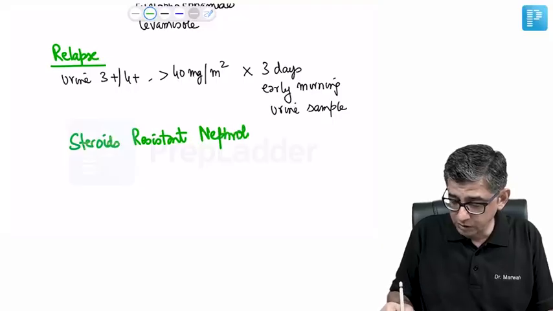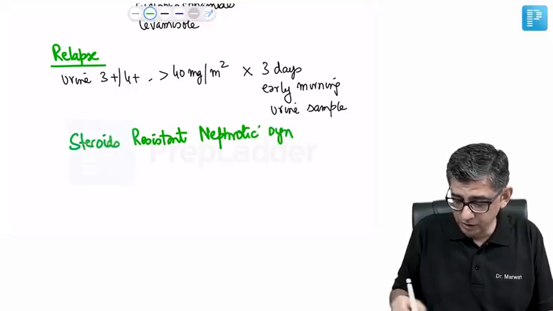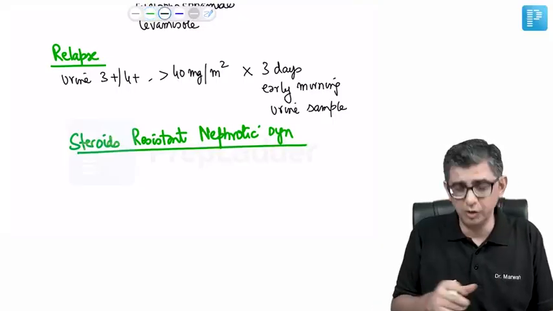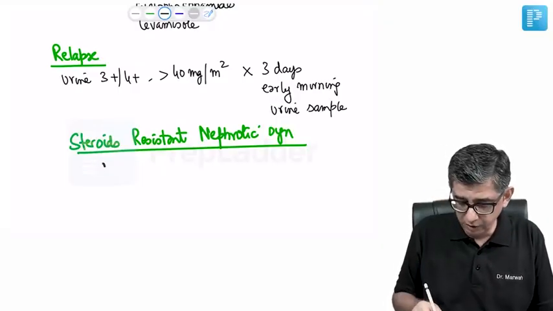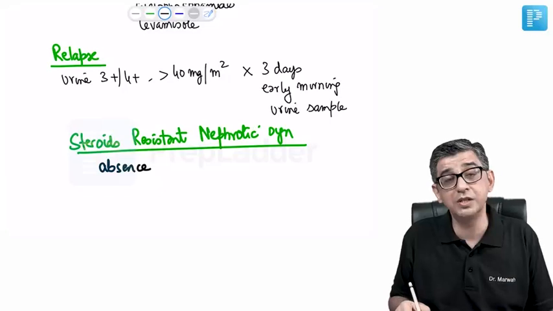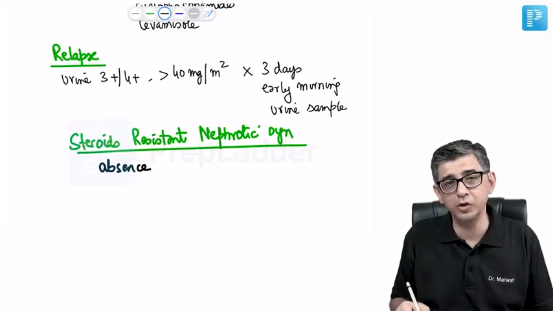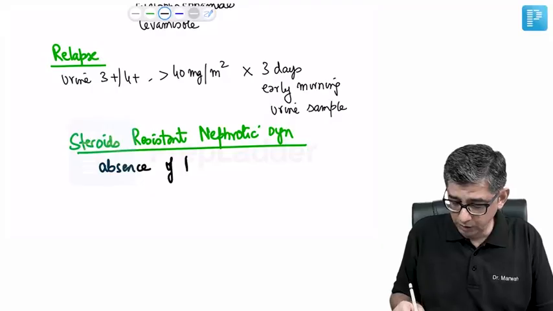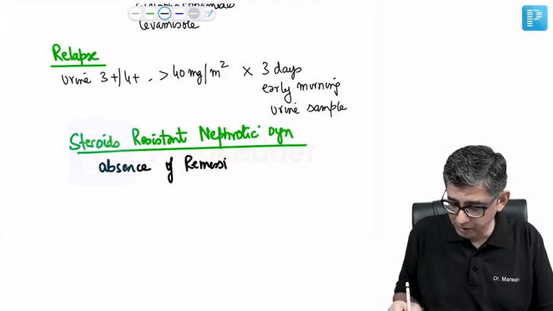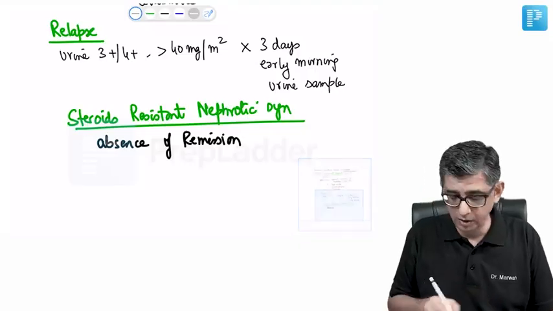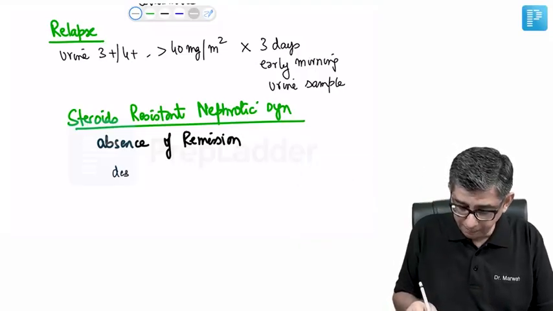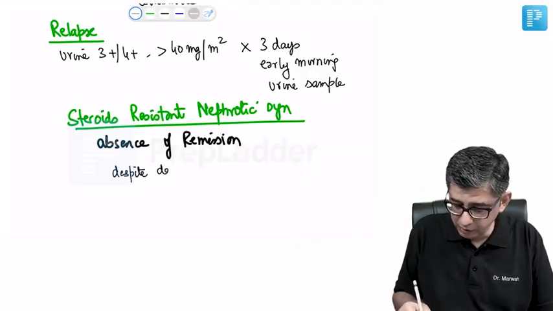In those circumstances, we will call it steroid resistant nephrotic syndrome. This should obviously be with high dosage steroids for at least 4 weeks. So the definition of steroid resistant nephrotic syndrome is, I would say, the most important one of all the definitions that I'm writing here before you. The meaning of the word steroid resistant nephrotic syndrome is absence of remission. Now I've told you the criteria for remission anyway, despite daily therapy. And when I say despite daily therapy of steroids,